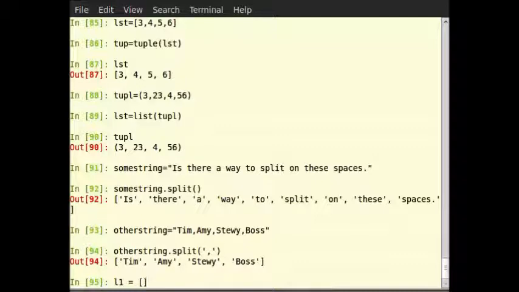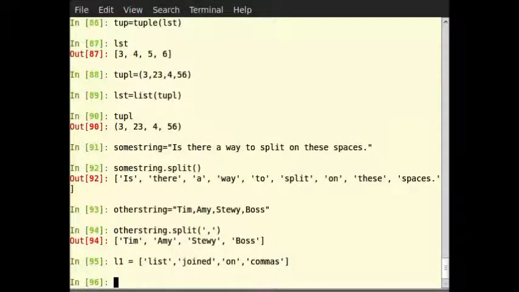Then after that you can type within single quotes comma dot join within brackets L1.